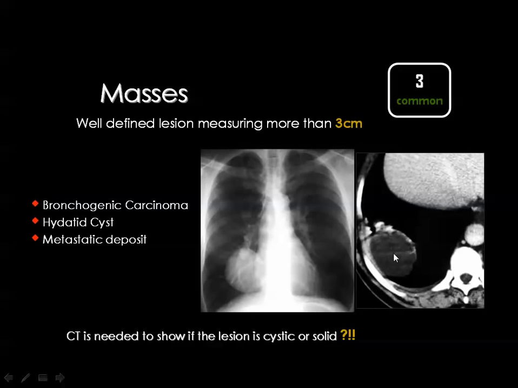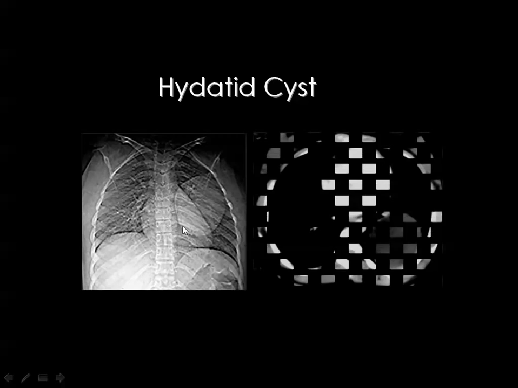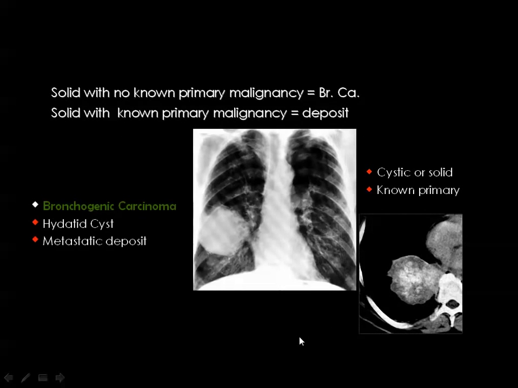If you see water content, then you are dealing with a hydatid cyst. And this is an example. You see a big mass here, and you do a CT scan and you see water. Then this is a hydatid cyst. But if you have a mass like this, and you did the CT scan and you see that the mass is solid, whatever the edge, and the mass is solid, meaning that this mass is one of two,